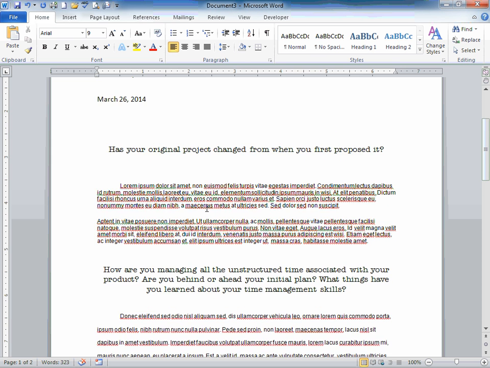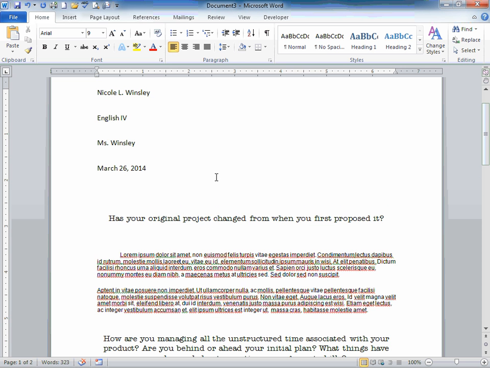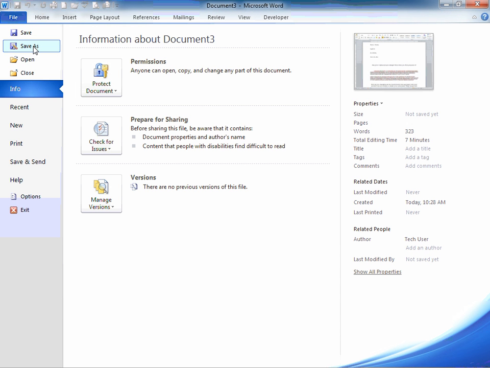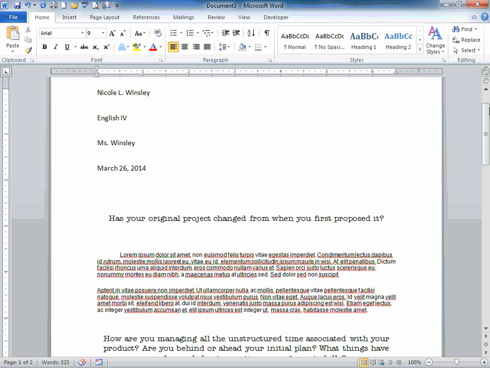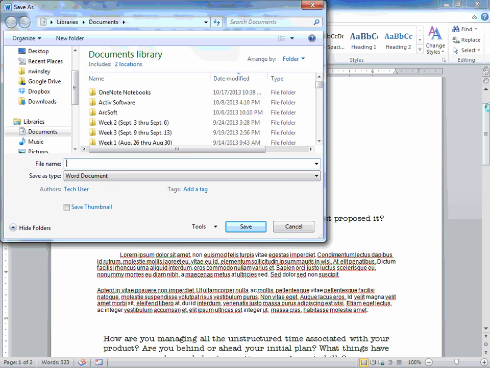All right, now to save the document, you're going to save it in your graduation project folder in your individual Dropbox folder. So you want to make sure that you save it. Go to File, Save As. To save it, you're going to have your last name,